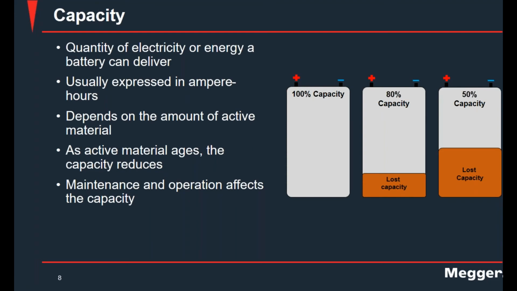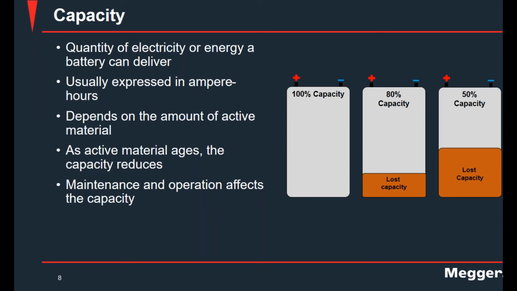So the capacity test, what is the capacity of a battery? It is the quantity of electricity or the energy that a battery can deliver or that it can store. It's usually expressed in amp hours, and this capacity will depend on the amount of active material. As the battery ages, as time passes, that active material deteriorates or degrades or gets dissolved into the chemistry of the battery, and the amount of energy that it can store